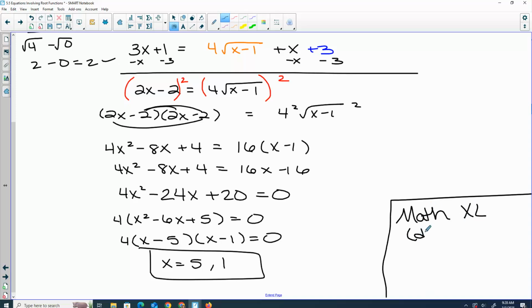There is a math Excel assignment. It is not due until Wednesday because I'm not finished with the section yet. If you want to know which ones we've really talked about, you could do 1 through 6, 12, and 13 all